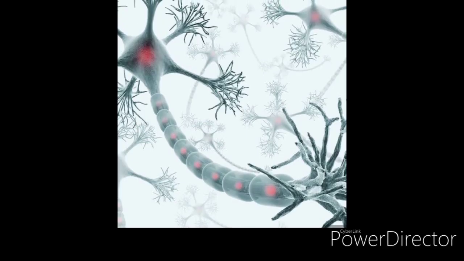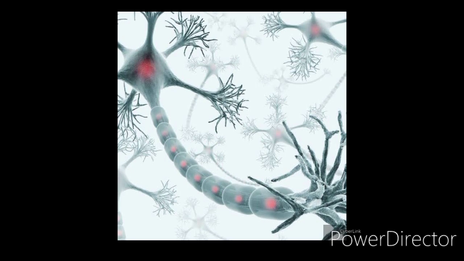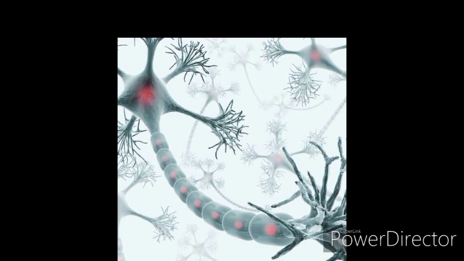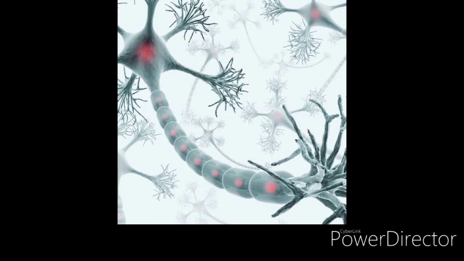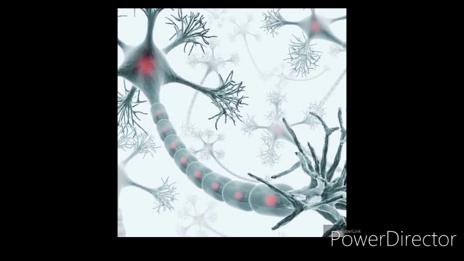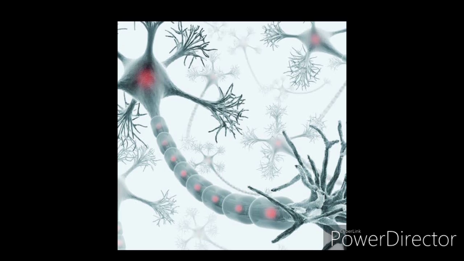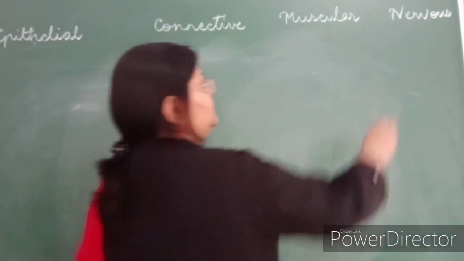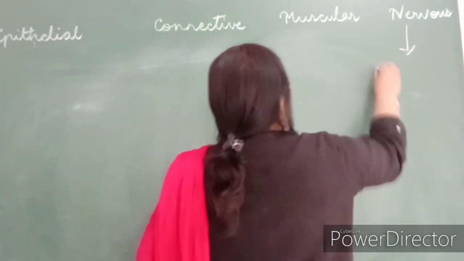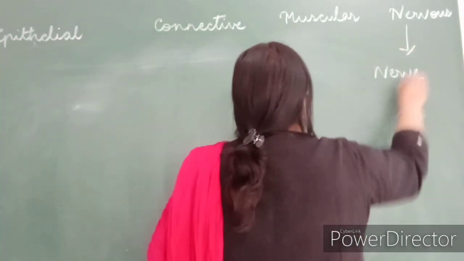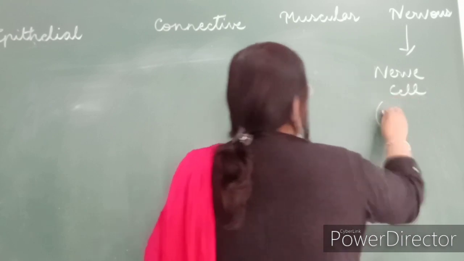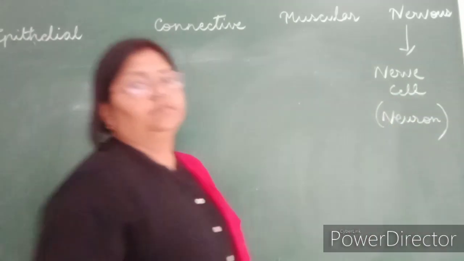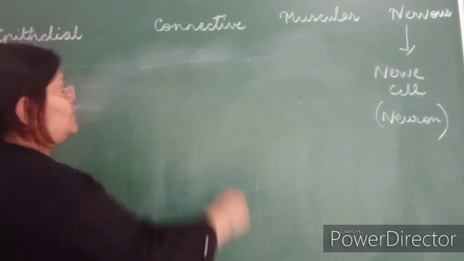Now talking about the last, that is the nervous tissue. The nervous tissue is made up of special cells called nerve cells, which also have another name called neurons. Okay, now we talk about the nervous tissue. The nervous tissue is made up of nerve cells. The nerve cell is also called neuron. Fine. Now the neuron has